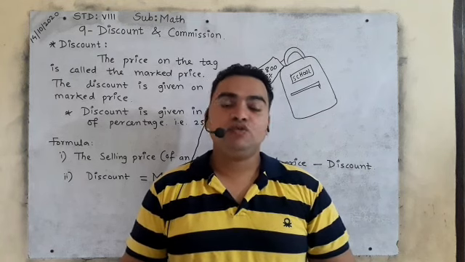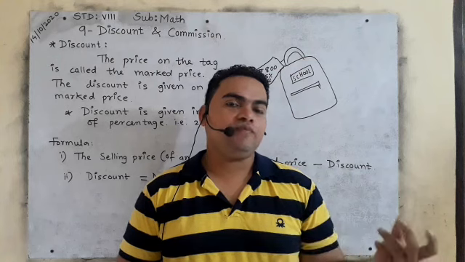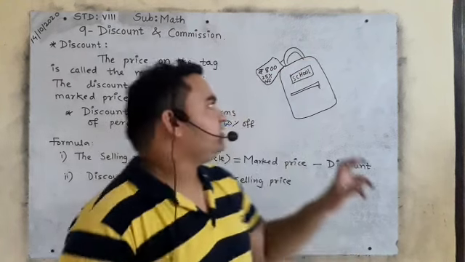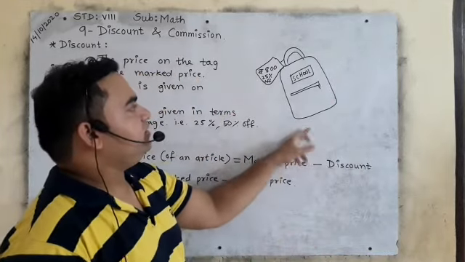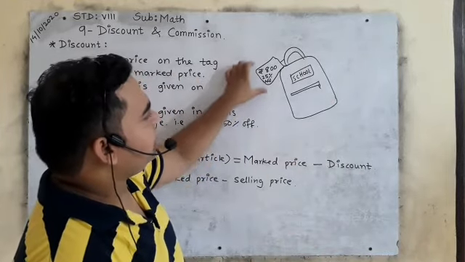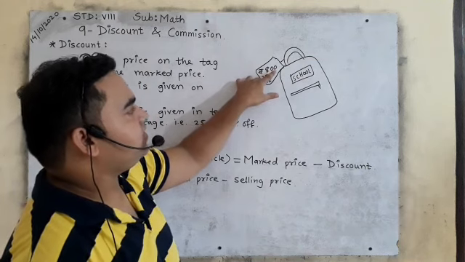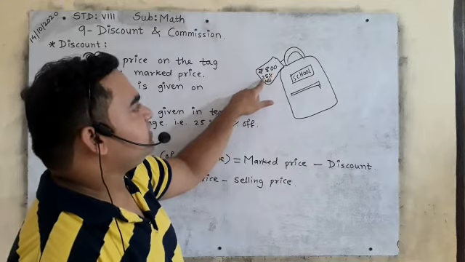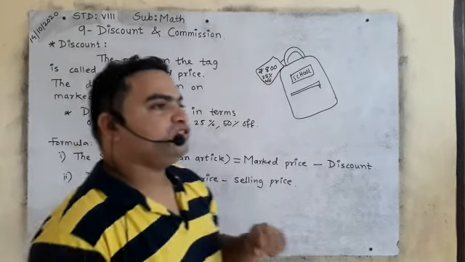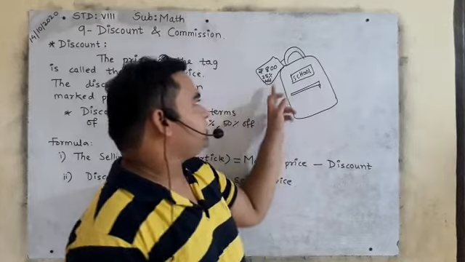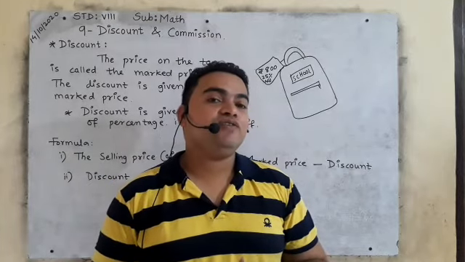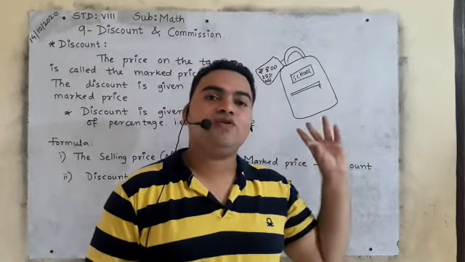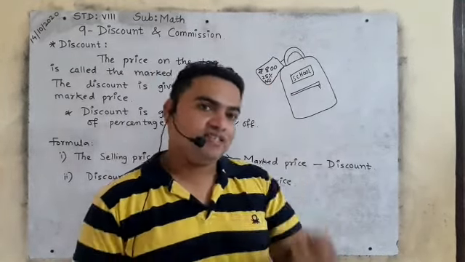So first of all, I will explain to you what is discount. Dear students, you always go to a shop with your parents to buy some articles, right? On the articles, do you see over here I have drawn a bag, and this tag? On the tag it is written rupees 800, so this school bag is for rupees 800, but there is written something, 25% off. It means 25% you will get off on that 800 rupees. Is it clear? So this is called discount. That 25% off is called discount.